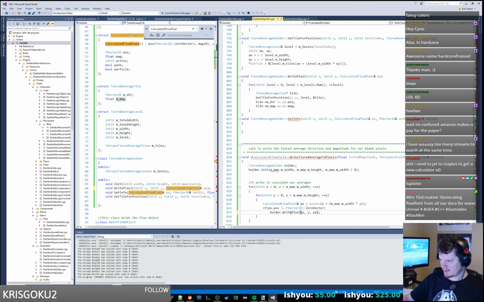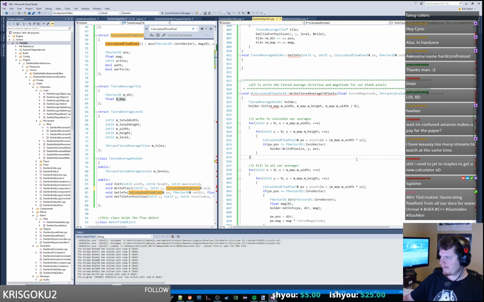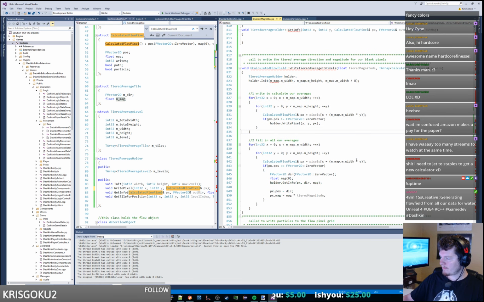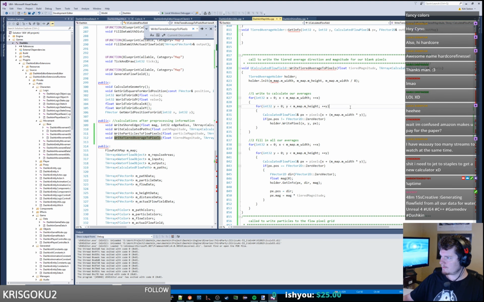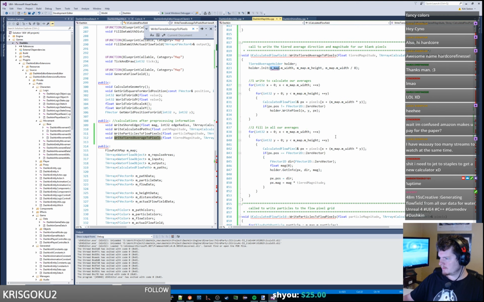This is write pixel, not right. Okay, so references,